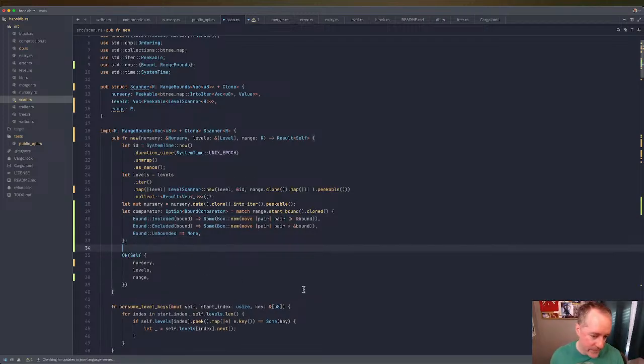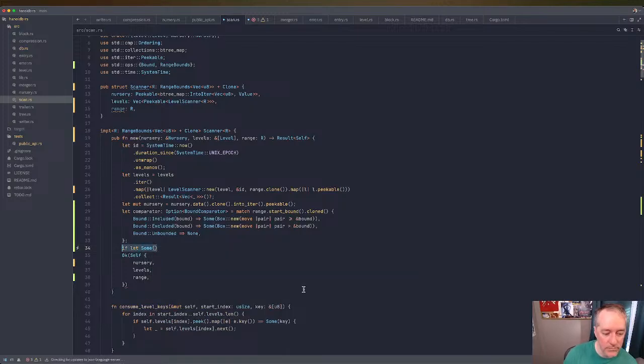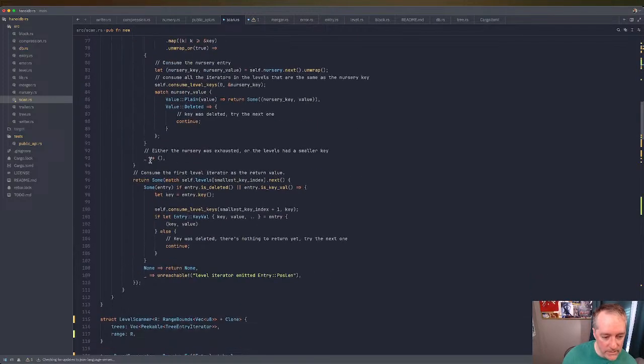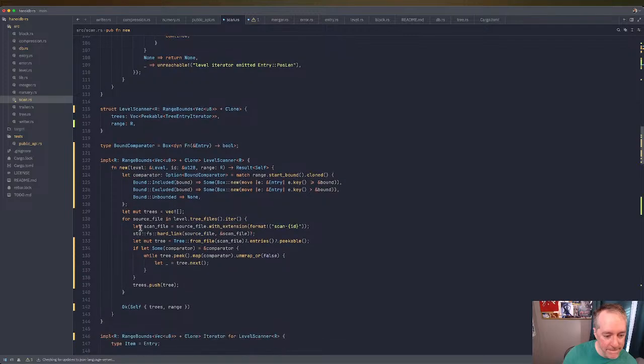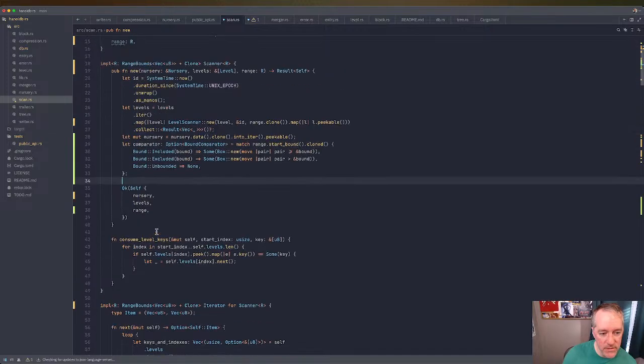Okay, so now, how did we do it down here? Okay, we were going over multiple files, so we had to reuse the comparator. But in this case, we can go